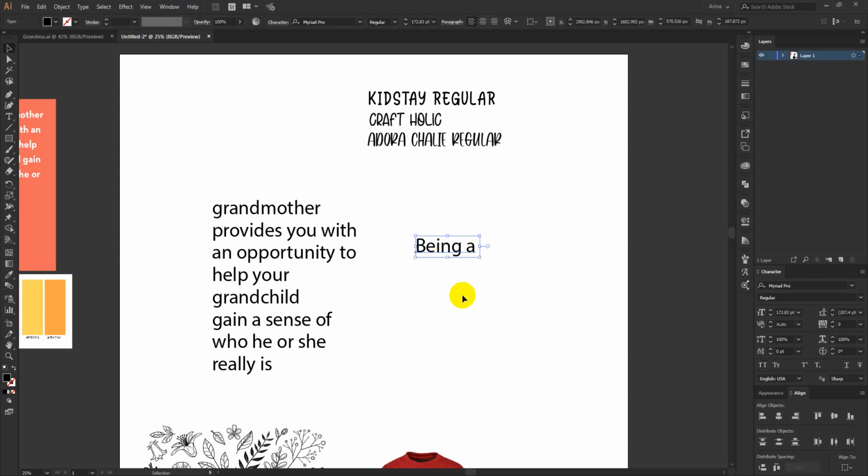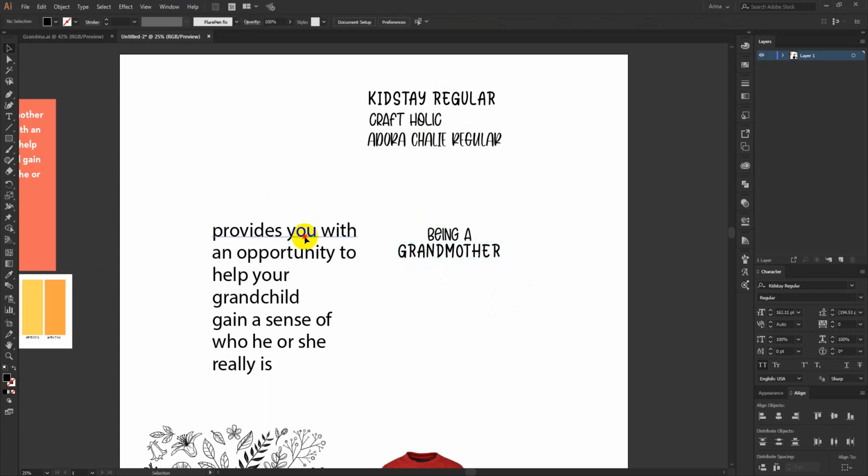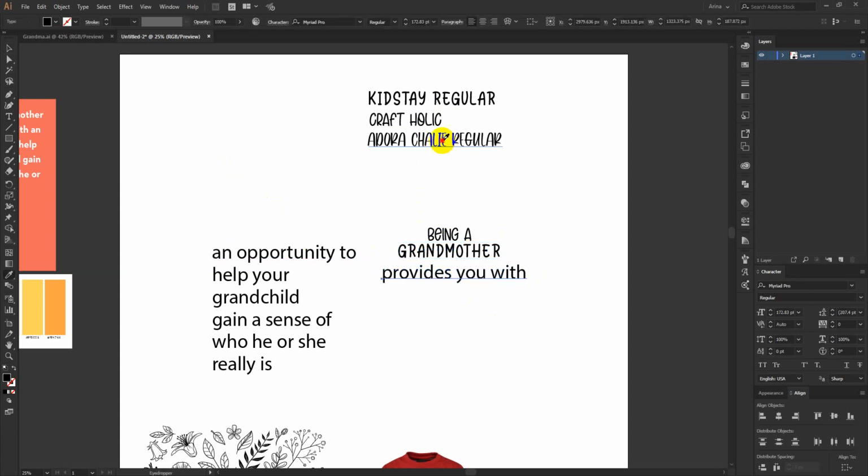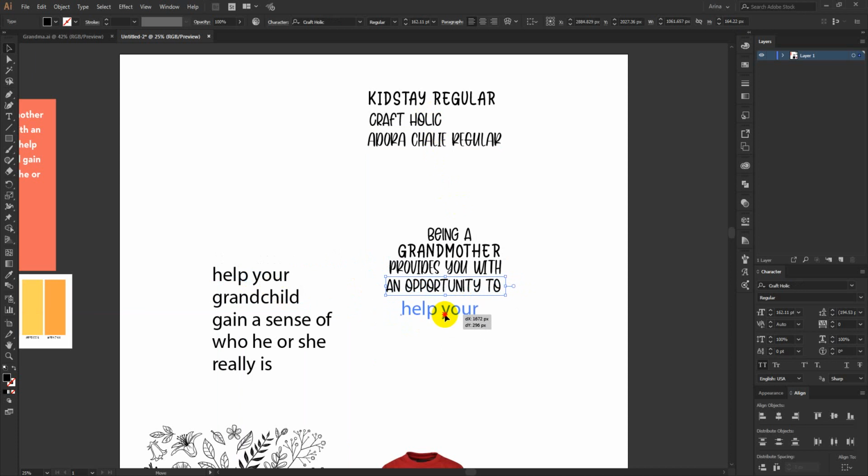So I am going to take this font here, just arranging them. Grandmother, I want this part to be focused, so I am going to use this bolder looking font here, and for the others I will just pick these fonts. I am just going to take one after another, something like this.